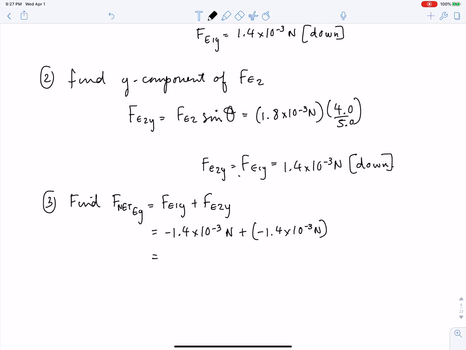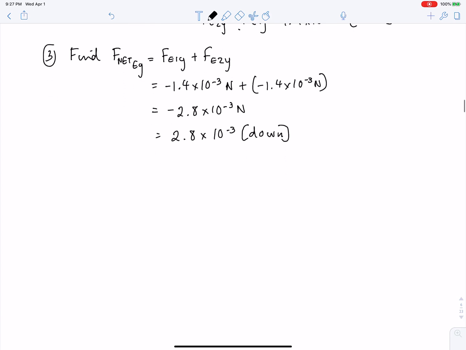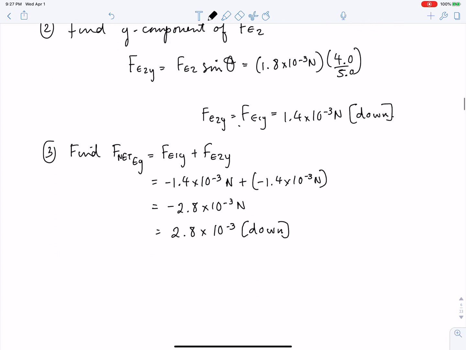If we punch this in, we get negative 2.8 times 10 to the power of negative 3 newtons, or 2.8 times 10 to the power of negative 3 newtons down. And that, my friends, is equal to the total force acting on Q2. Since the x components cancel out, the net force is equal to the net y force, and we can state,